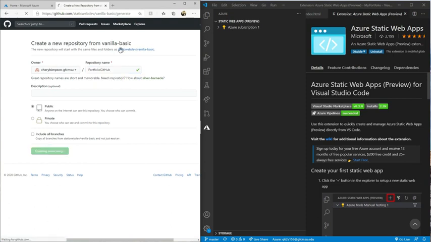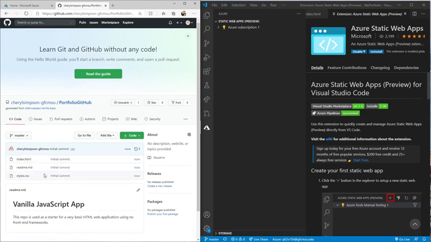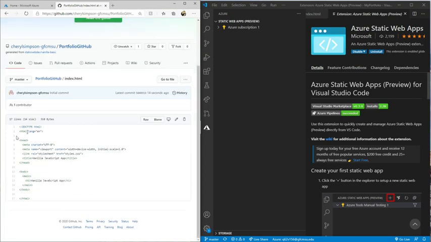So the vanilla basic template, and you'll see it in just a second, all it has in it is an index page, a README page, and a single style CSS page. That's fine. That's all that's in it. You can look at each of these pages. So this is your original index page. You can see you have your doctype, you have your HTML, your head, your metadata, your UTF-8. You have a viewport set up, yay. And we've linked to your style sheet, and it just has a basic text for the title and a text